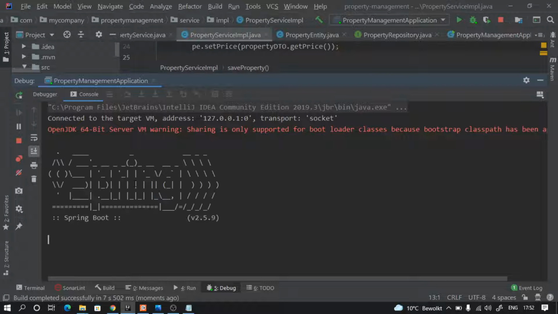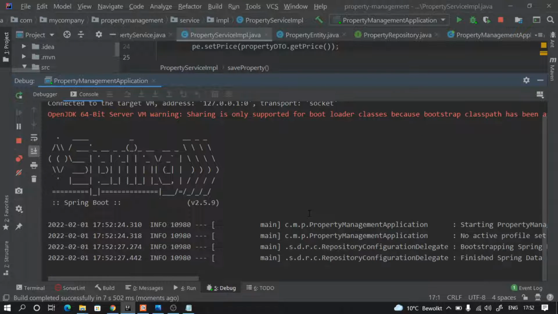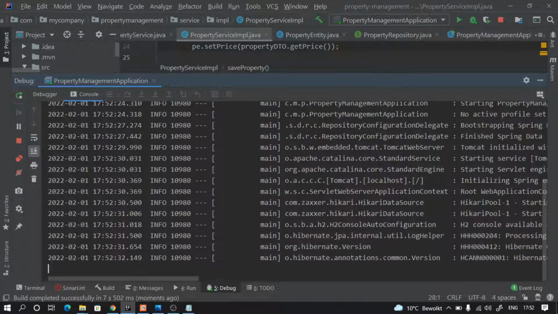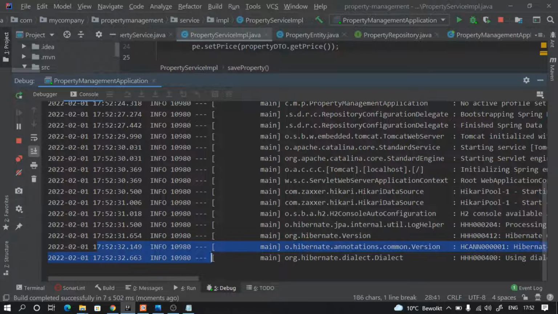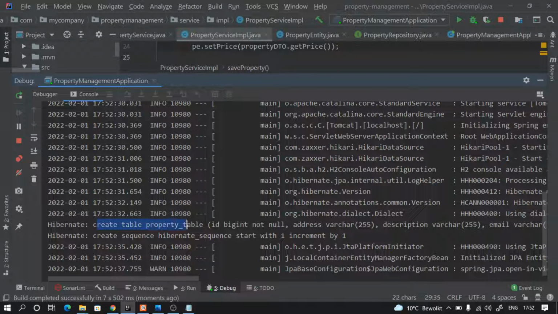Here in the log, when it starts, it will try to create a table for us. Because we have given the SQL property show true, it is going to show us the SQL statements here. So if you see here, it created a property table. Then it also created a